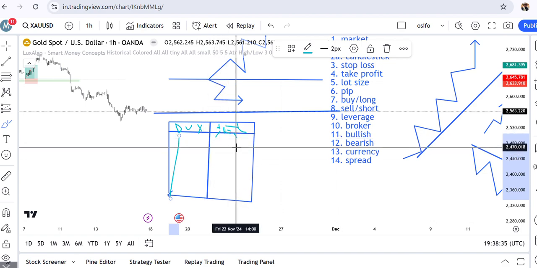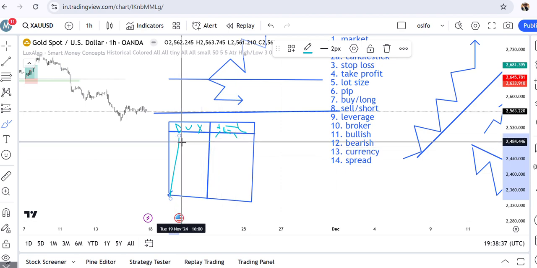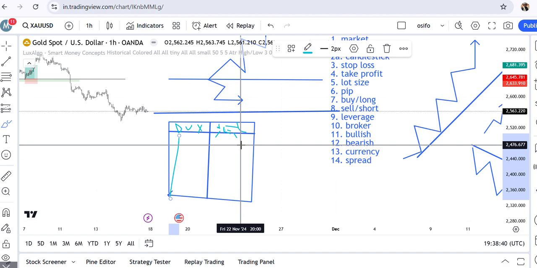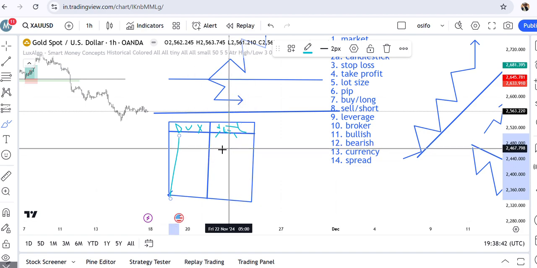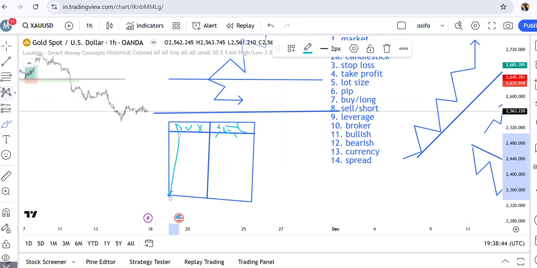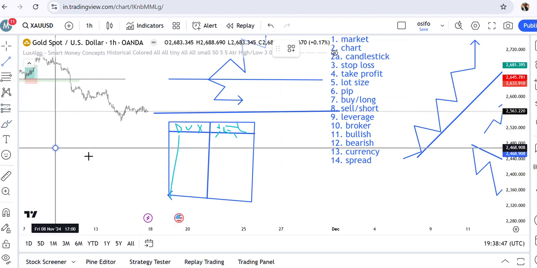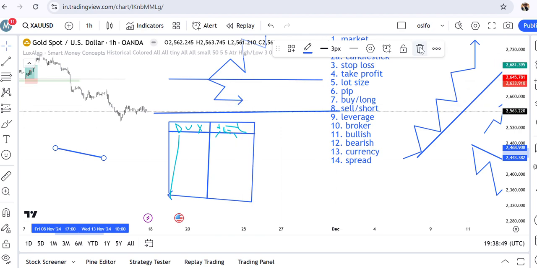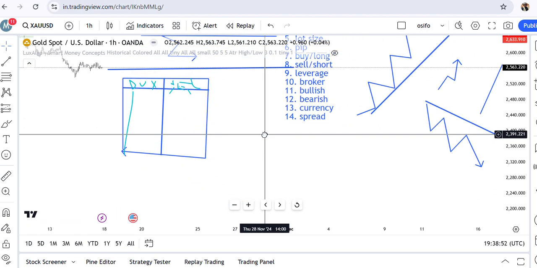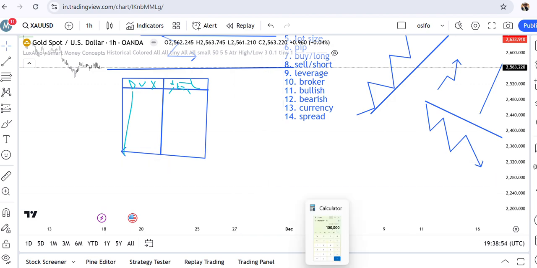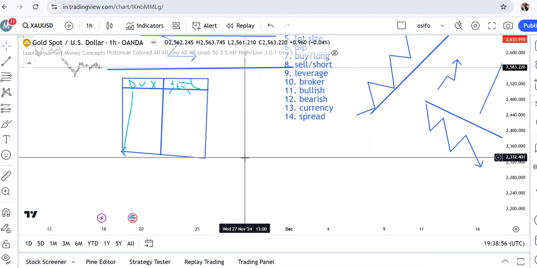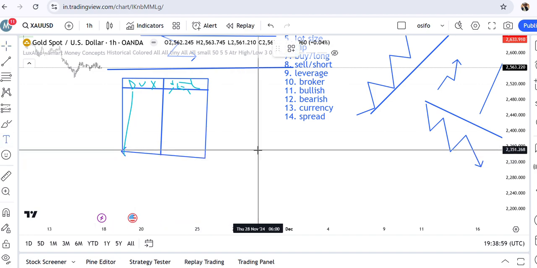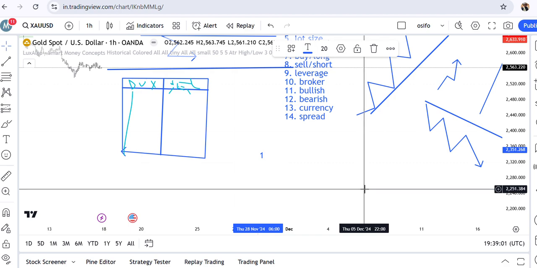If you go to the bureau de change, you still see this rate board. So the price they are buying at is always different from the price they are selling at. The difference between these prices is what we call the spread. If you go to the market now and you want to buy dollars, let's say they are selling dollars for 1,000 naira currently, and you want to buy $100 worth, you spend about 100,000 naira